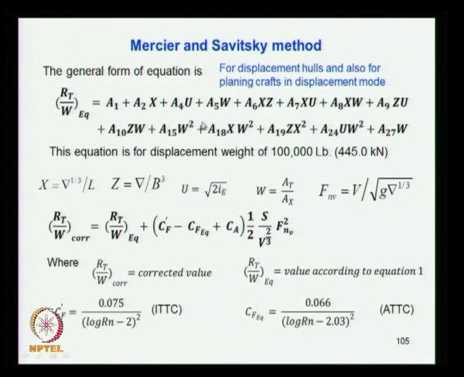So then you have the RT by W, the correction. If it is a correction deviation from this, it is equal to this value plus this is the correction applied here, Cf prime which is coming from the ITTC formula minus Cf eq that is coming from the Hughes formula, I think you remember that, plus the correlation elements. So all this put together and multiply half S by the volume power 2/3 into the volume Froude number square. So from this you will get the corrected total resistance to weight ratio. So once you get this, then you get the total resistance straight from here.